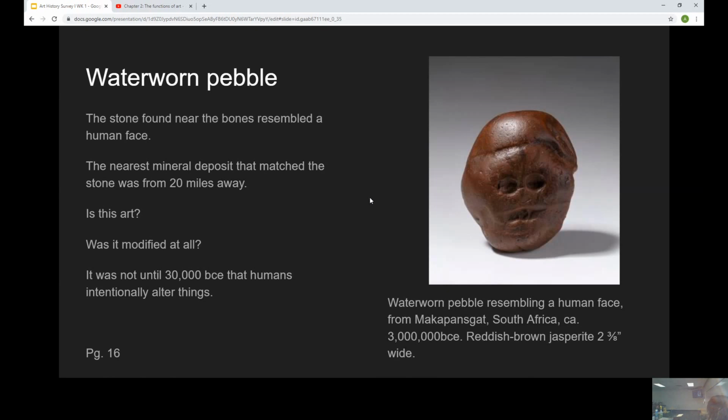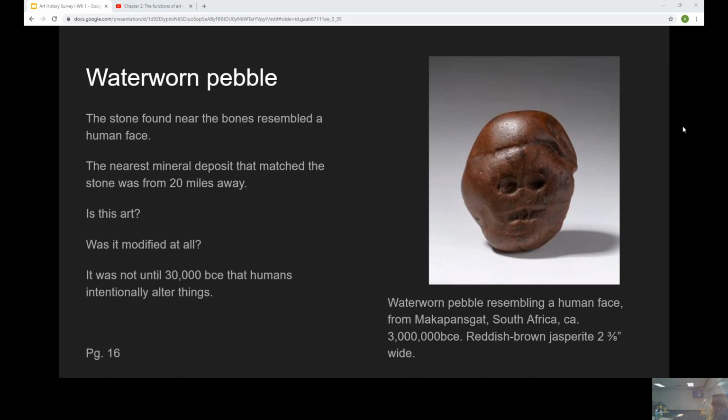Does it say exactly what type of stone it is? Yeah, so it's a jasperite stone. And then that would depend on how easily it is to mark over time. So either it was natural or it wasn't, because we can't say for certain that this dude didn't